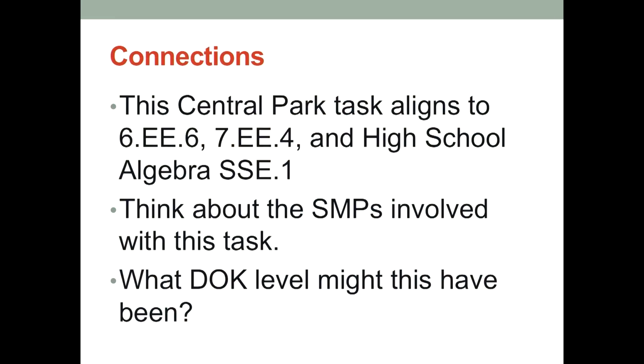Now that's short acronym means depth of knowledge. And we know that every standard in our Iowa Core has a depth of knowledge attached to it. There are 4 depths of knowledge, 1, 2, 3, 4. And again, those are not taxonomies. It's not like a lot of people try to relate it to Bloom's where I want to get higher level thinking. DOK's depth of knowledge are not like taxonomy. Instead, they're the levels of cognitive thinking that we need to do.